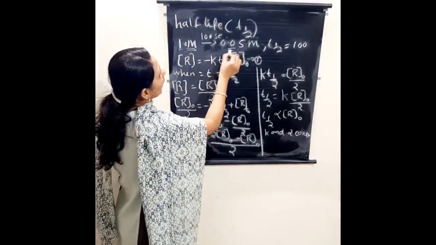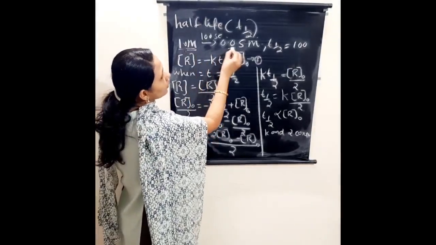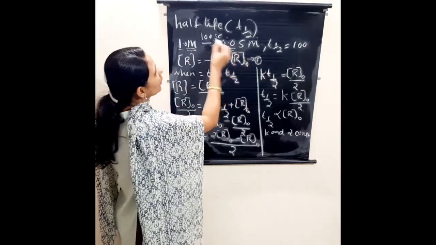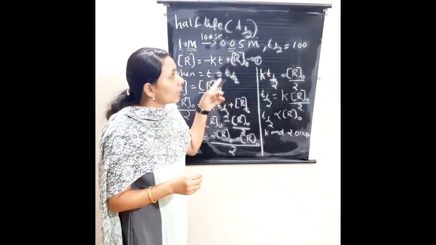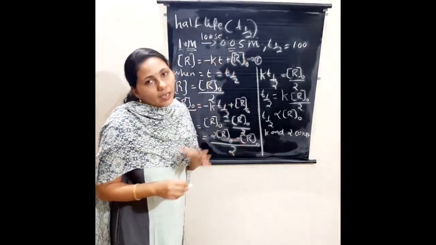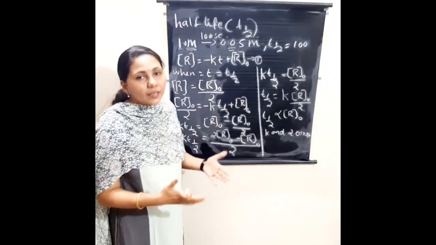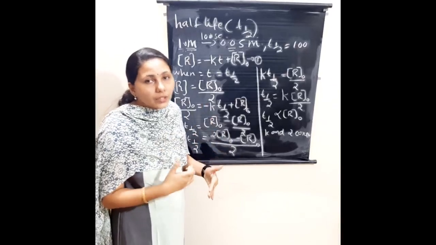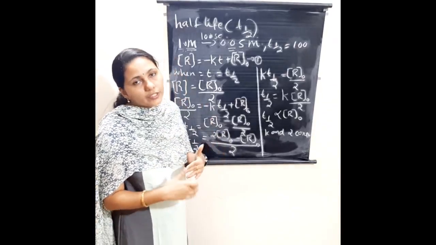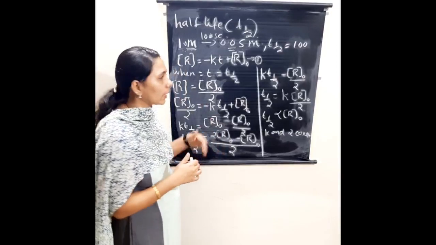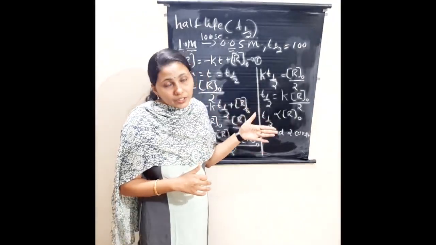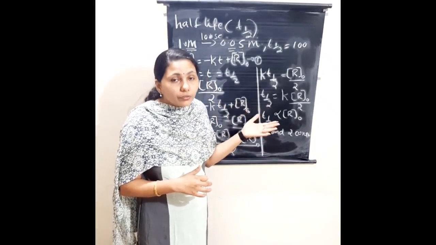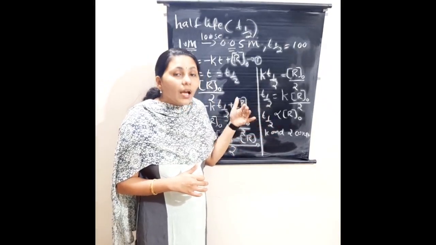Then what is happening? The time taken to reduce the concentration to half is 100 seconds. So what is the half life, or T half, for this reaction? It is 100 seconds. How much time is taken to reduce the concentration of the reactant to half? That is known as the half life. Then next, they will ask: